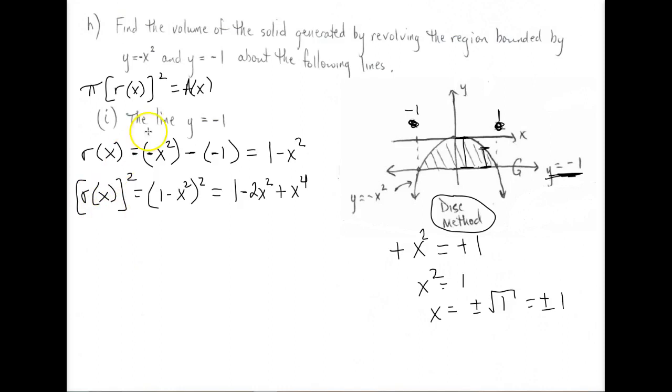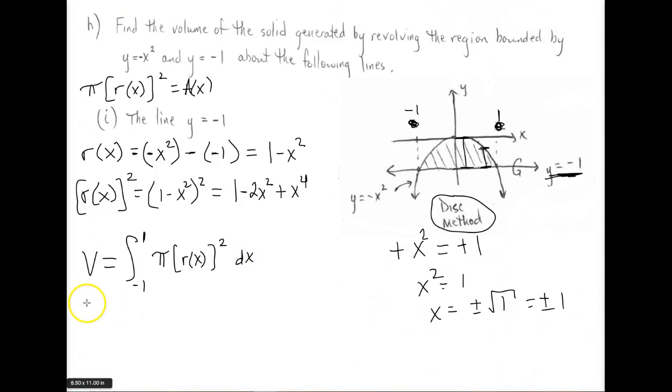And so now that we have a way to express the radius squared here, we know that our formula for volume is just going to be the integral from negative 1 to 1 of pi times r of x quantity squared